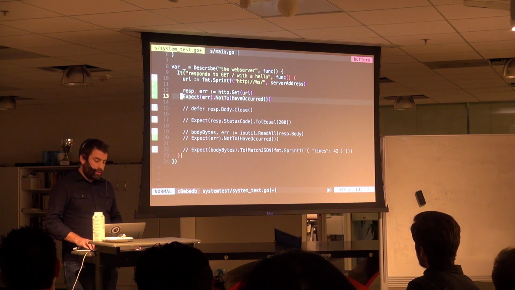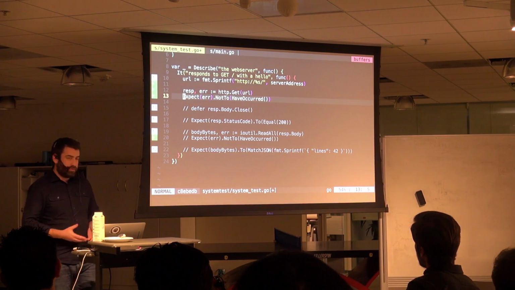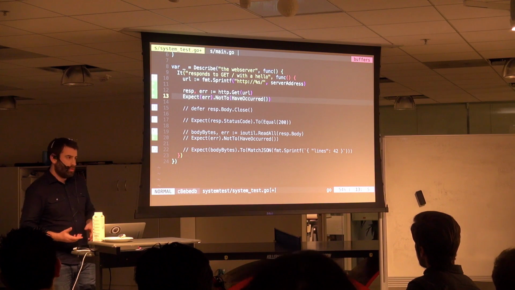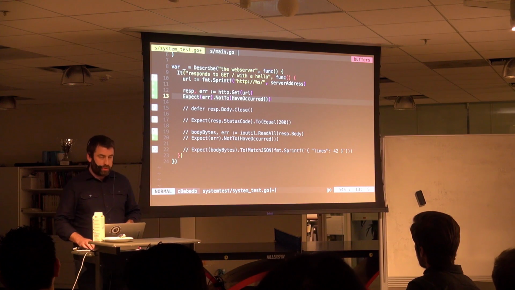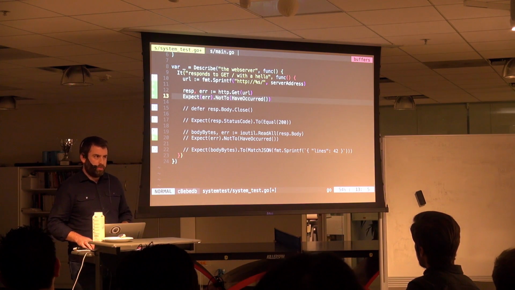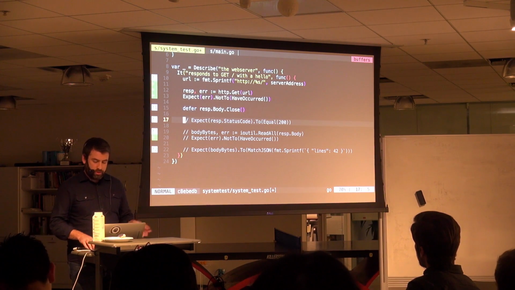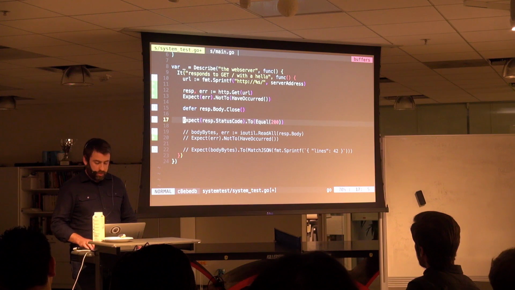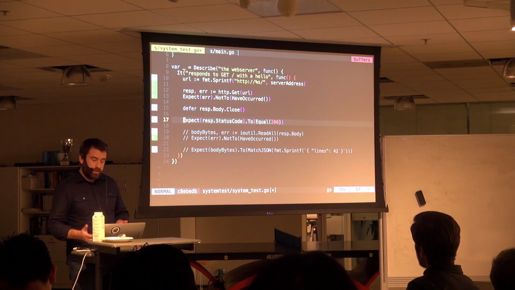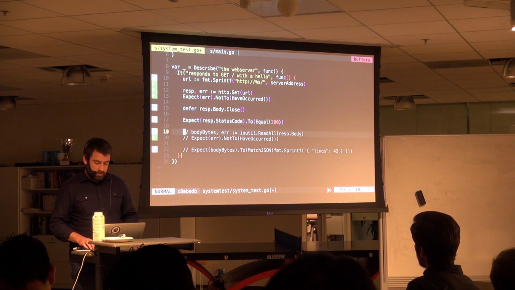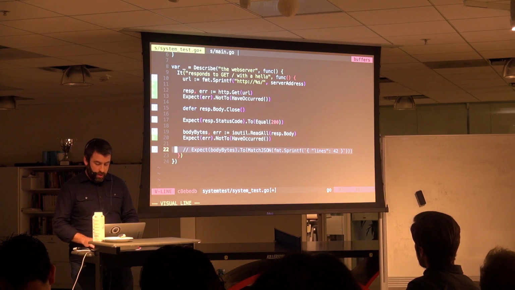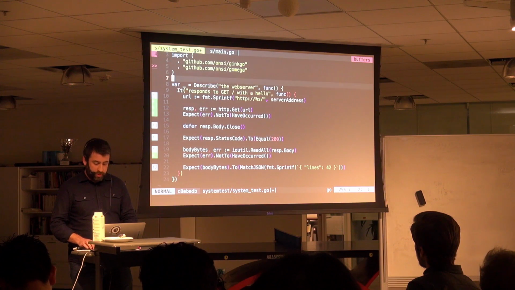Now, if you don't use the Go testing framework that we use here at Pivotal, it's called Ginkgo and Gomega. This might look a little weird, but it should look kind of like RSpec if you've done Ruby before. We expect that an error has not occurred on this get request. This is some cleanup right here to make sure that we don't leak things. But we're going to expect that the status code that comes back from that get request is a status OK. We're going to read the response body that comes back, and then we're going to expect that we get 42